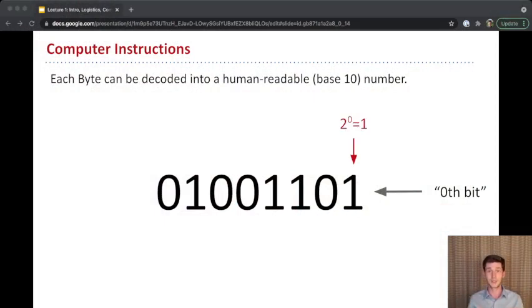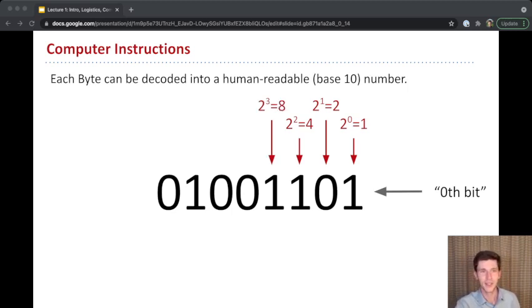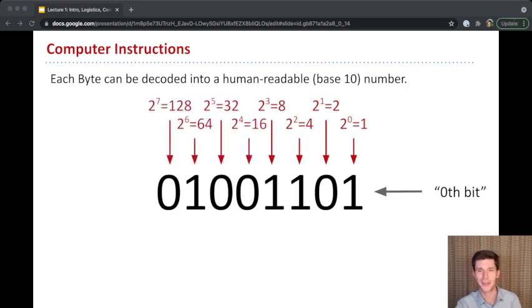So this is still the ones place, just the same as the system that we know. But now the next bit here corresponds to 2 to the power of 1. So 2. And if we continue the pattern, 2 to the power of 2, which is 4, 2 to the power of 3, which is 8, and so on and so forth. And so because we have 8 digits here, but we started from the 0th bit, then the first digit in the set of 8, because there's 8 bits in a byte, corresponds to 2 to the power of 7. So it's